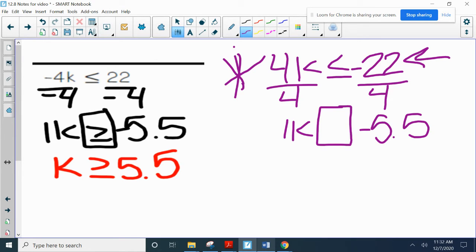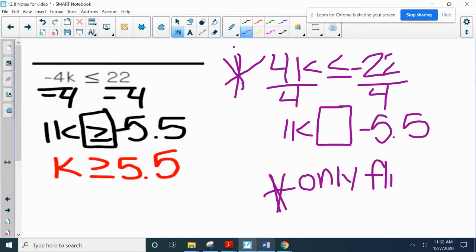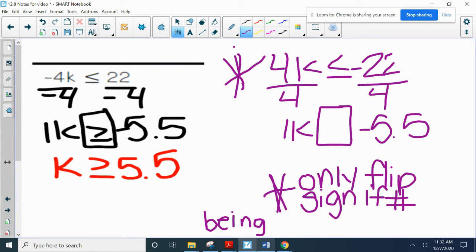You do not flip the sign unless, you might star this, only flip sign if number being multiplied or divided on both sides